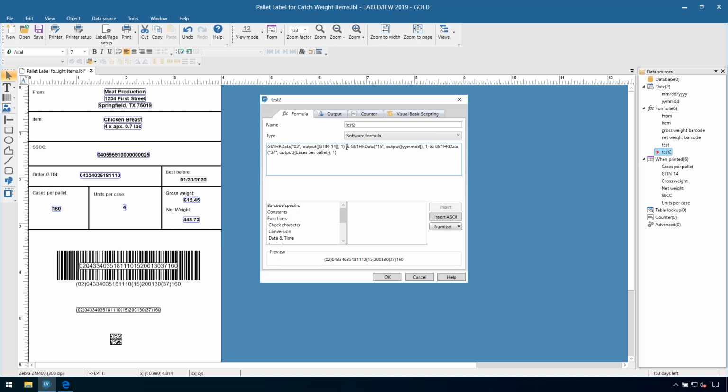But what you're really looking for is this ampersand. This is where you're concatenating data. So this whole section is the 02 in parentheses, as well as the GTIN. Then you'll see the ampersand, then you'll see the 15 followed by the actual year, month, day, which is best before, another ampersand. So in between these ampersands, if you need a space,